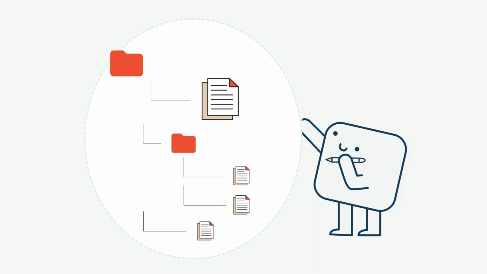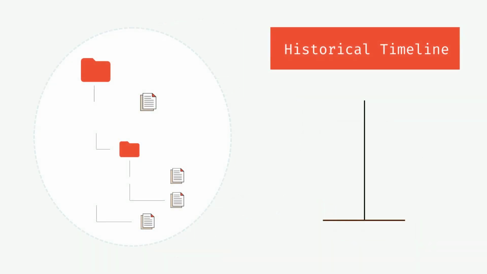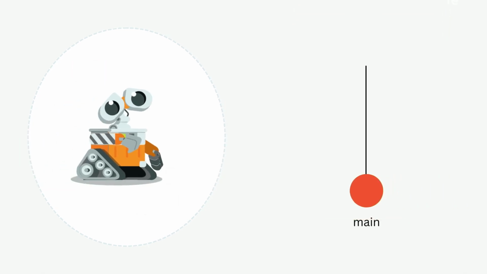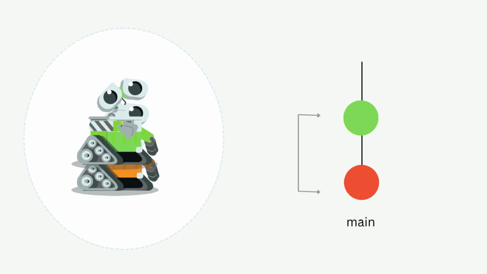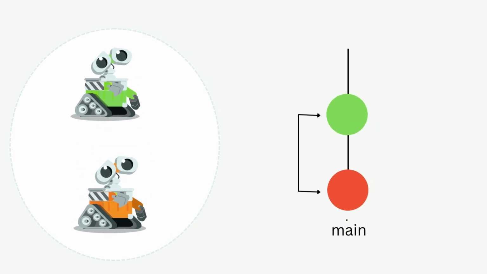Now Git will display all these versions on a historical timeline called a branch, which you can refer to as the main branch. Remember in the previous example, we created a character Wally, and after that we went through a few changes and we also created another model for Wally. But switching to the next version requires a few steps.